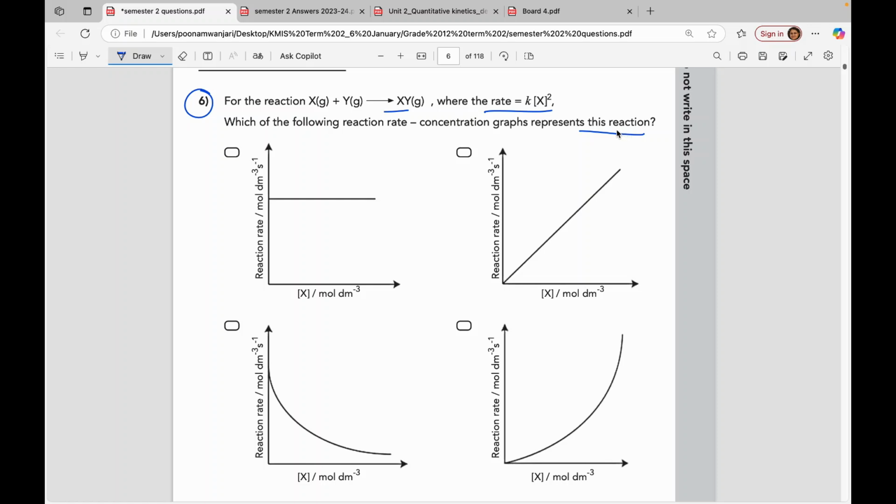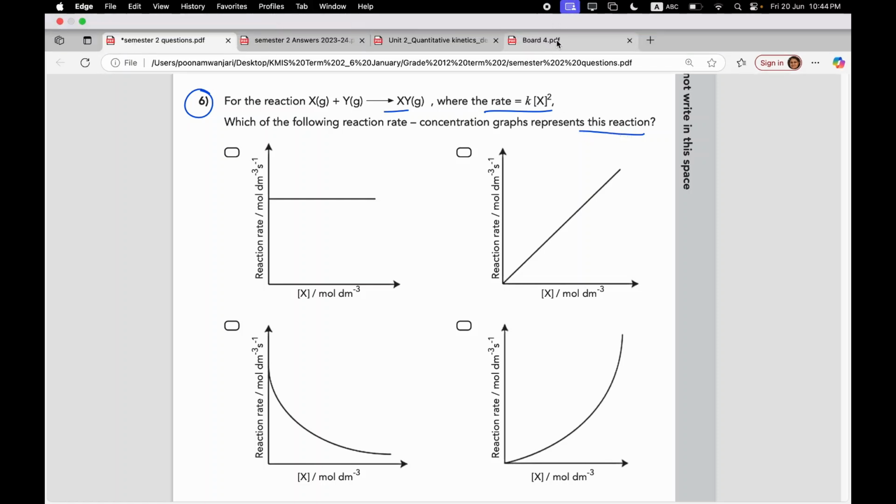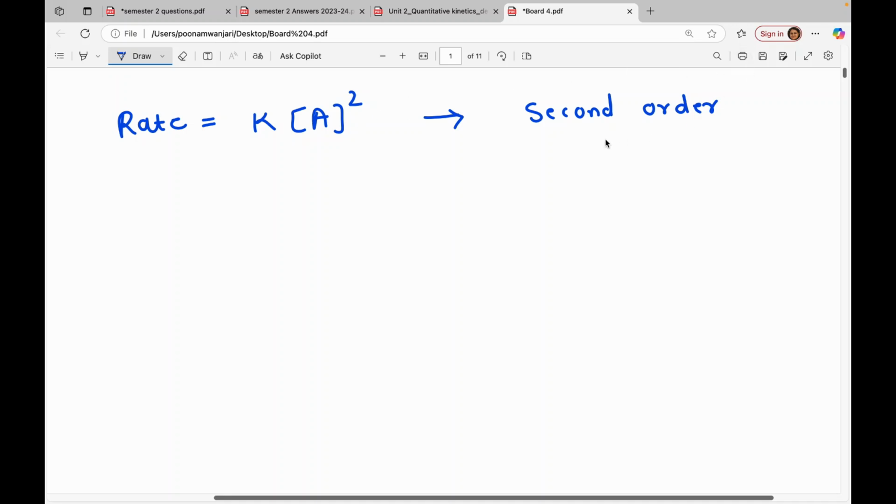So student, here the first thing we need to know is the order of the reaction. The rate expression is already given: rate is equal to rate constant times a to the power 2. From this power we can find out that this is a second order reaction. In case of a second order reaction, we can clearly see from this expression that there is